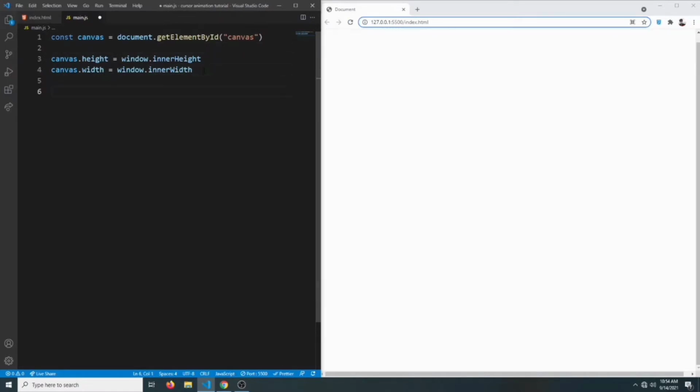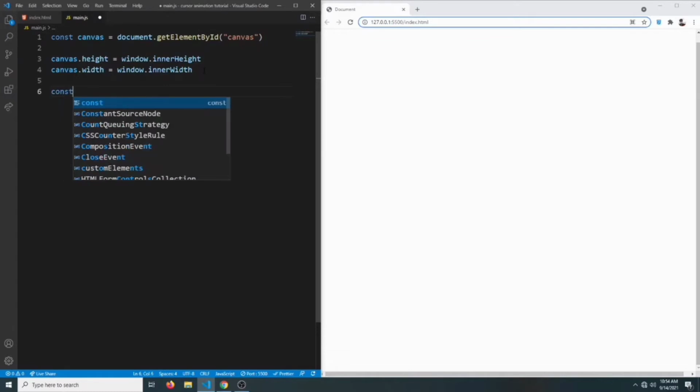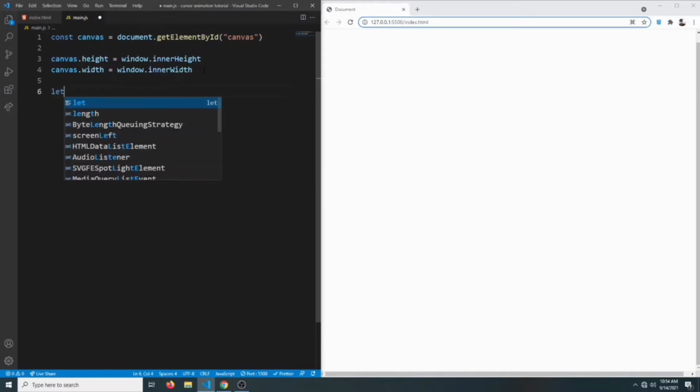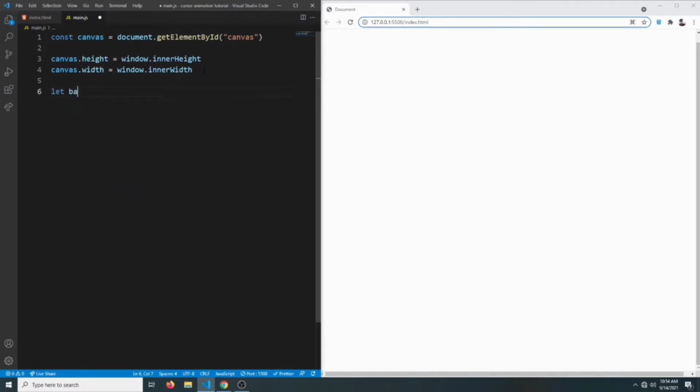Now we're gonna keep track of all the balls that will generate when mouse is moved, so we can say let balls equals to, for now it's gonna be an empty array. We'll populate it with some objects once the user moves the mouse. So let's create a draw function that will draw the balls. So function draw, let's call it render,